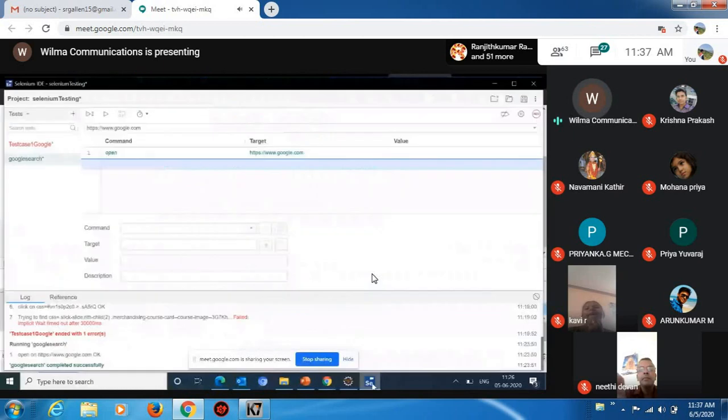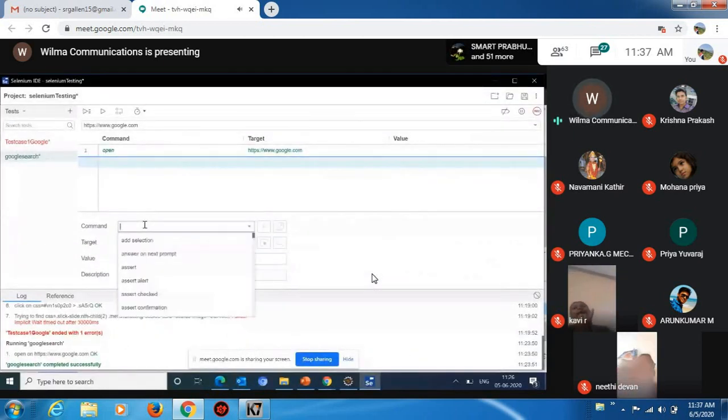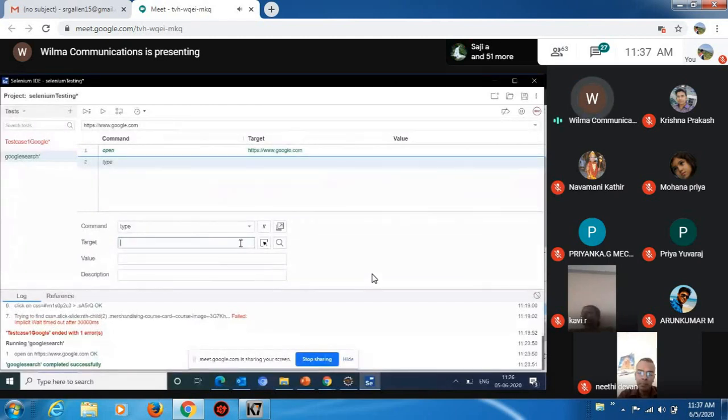The second command, I'm going to pass the value. That means I'm going to enter the value, type, and here I need to mention the target. So I have two options. Click on this.